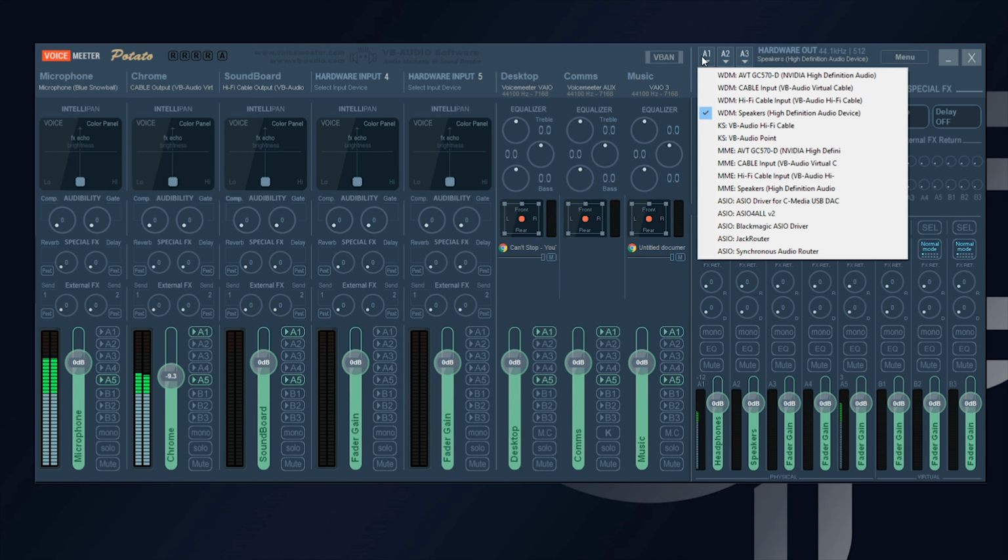What you'll notice when you hit the drop down on these selections is you have typically 3 different selections for each source. You have WDM, KS, and MME, and below that you have ASIO. These are 3 different driver types for each one of those audio sources. Typically, depending on the operating software that you're using, WDM is going to have the lowest latency for Windows users. MME is going to have a bit of a higher latency because it has a higher buffering time, but in